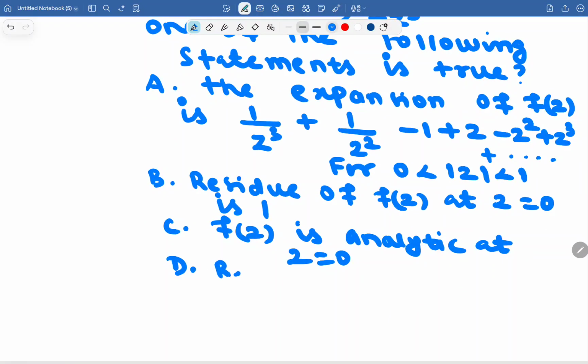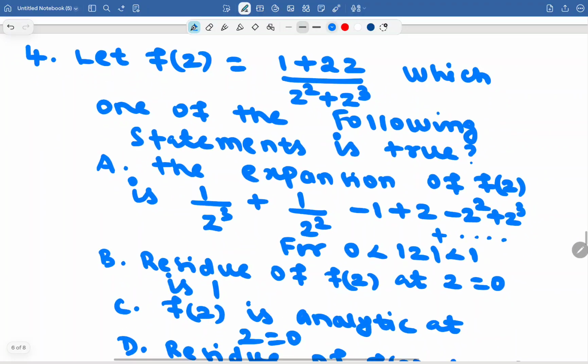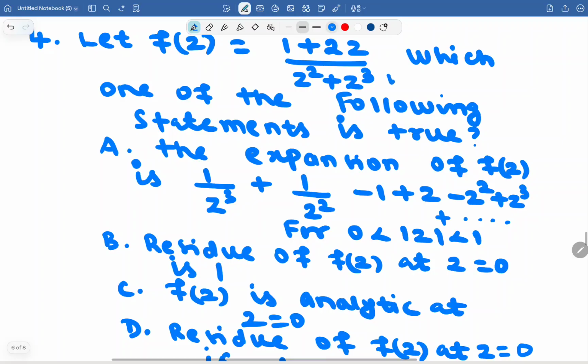Option D, residue of f of z at z equal to 0 is minus 1. Again, the problem from complex analysis, f of z is given as 1 plus 2z by